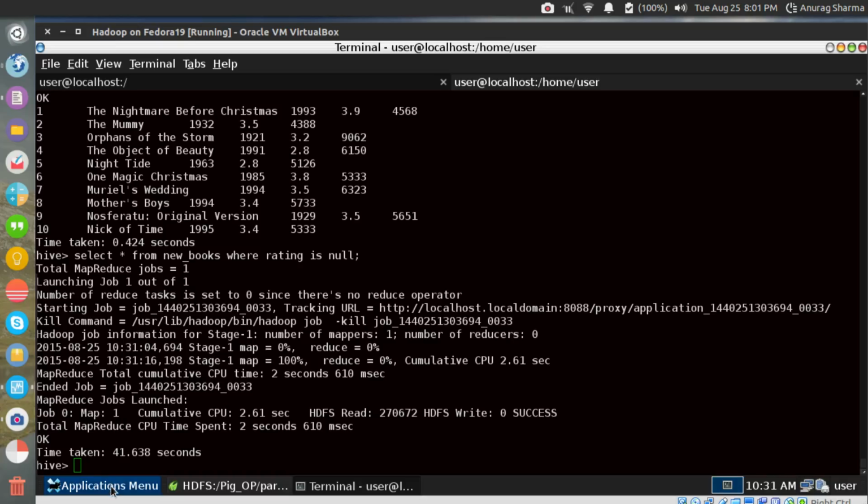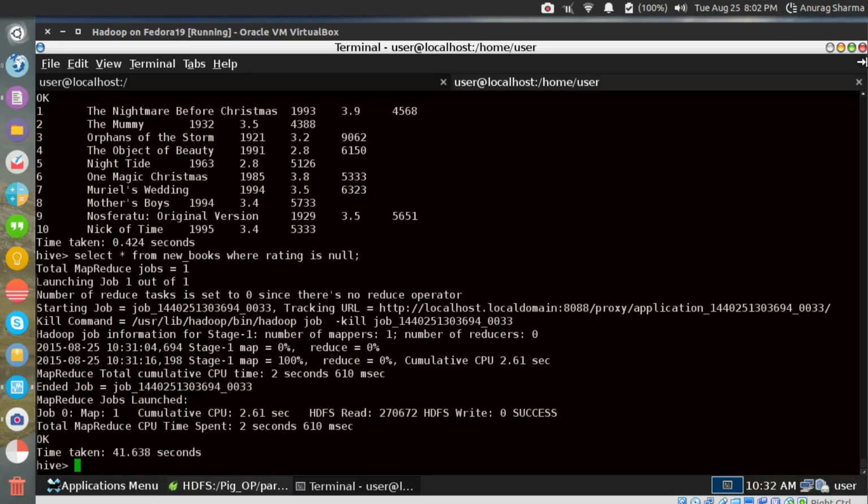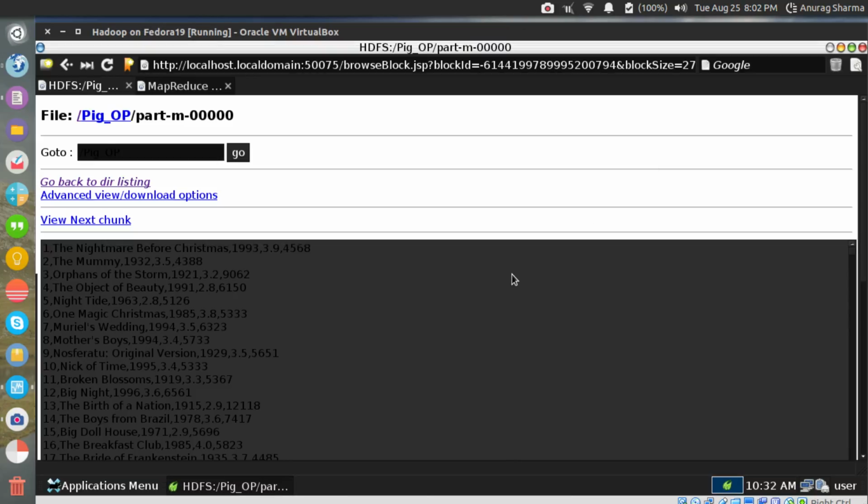Go to the applications menu, and on the top you'll find it. In the second position you'll find terminal emulator. Okay, hold on. So where are you? Where are you stuck at this point?